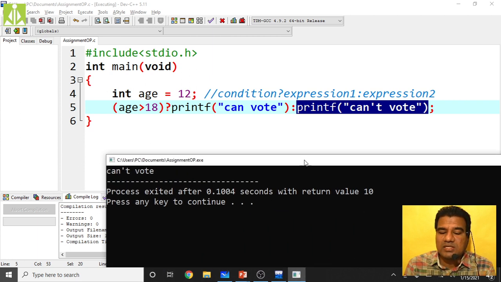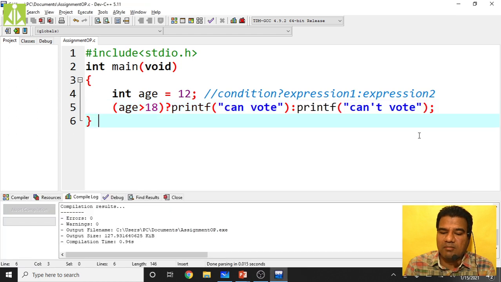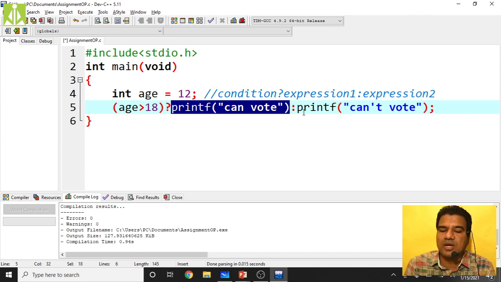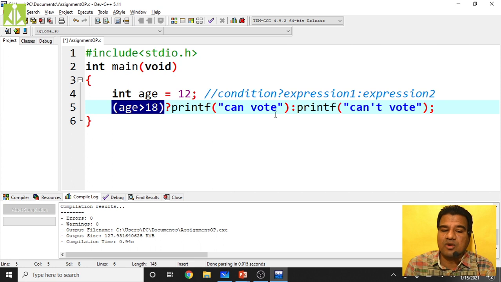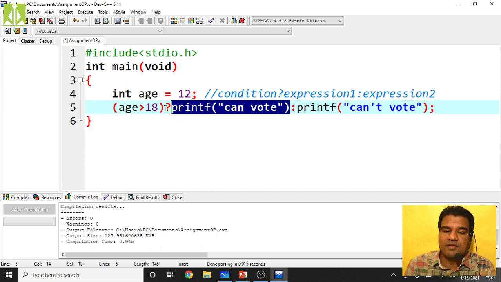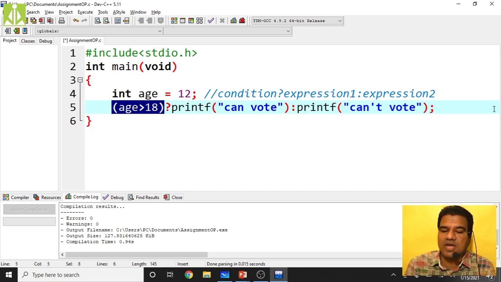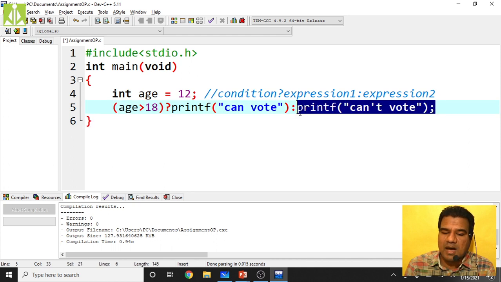So like this. Simple notation, simple meaning for this conditional operator, and it is a two-way selection operator because you have two possible paths. Whenever you are checking the condition, you have two possible paths. You can go with the true path or you can go with the false path. The selection of path depends on the behavior of this condition. Whenever the condition becomes true, we go with the true path, and whenever the condition becomes false, we go with the false path. In this way your conditional operator works.